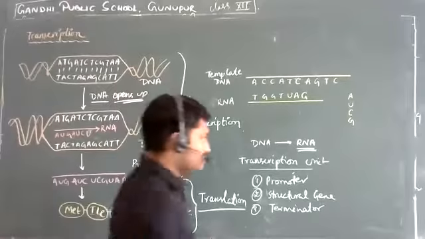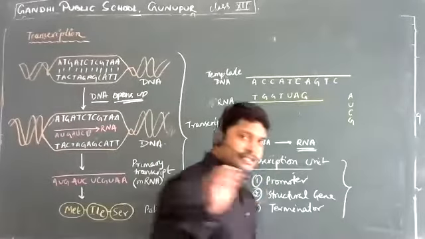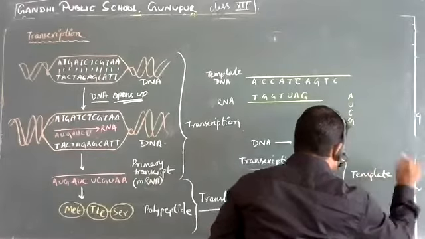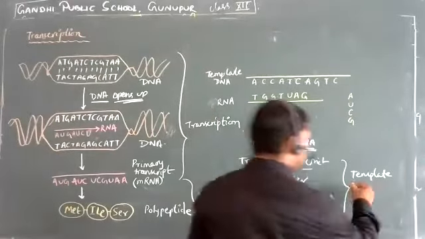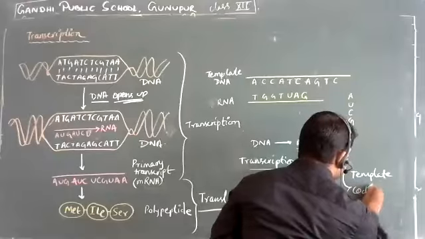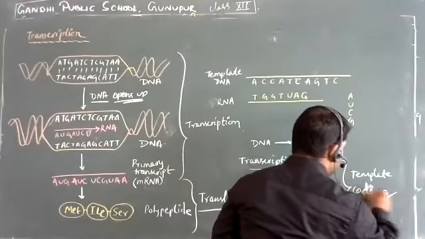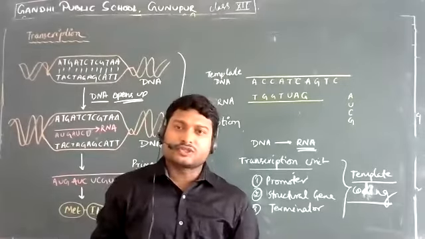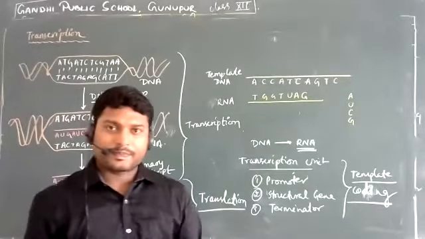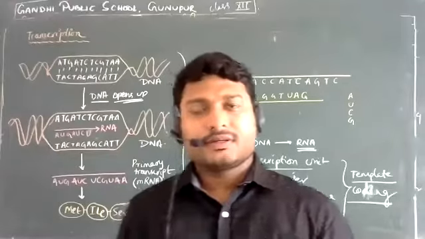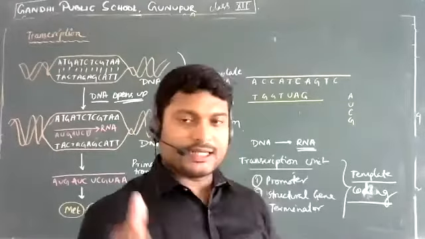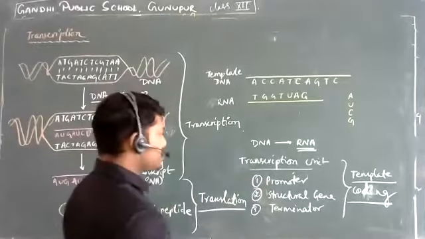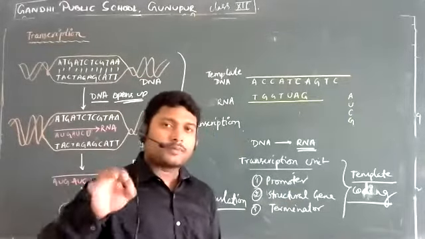And we also have learned that when we talk about DNA, there are 2 strands of DNA. One is called the template DNA strand, and the second one is called the coding strand. Very good, template strand and coding strand. Now can you tell me which strand is actually used for making the RNA? It's the template. Excellent. You all are right. So it is the template strand that is used for the formation of the RNA strand because of the rule of complementarity.